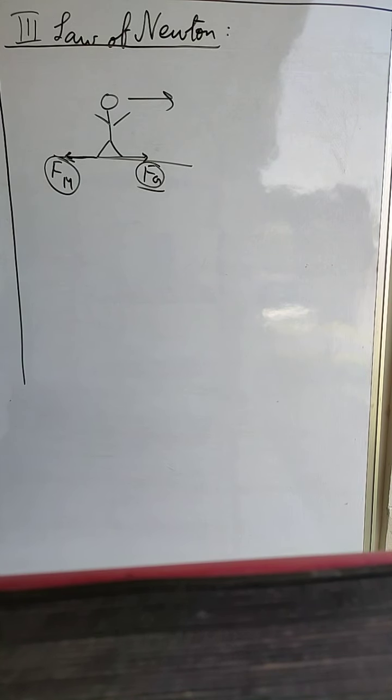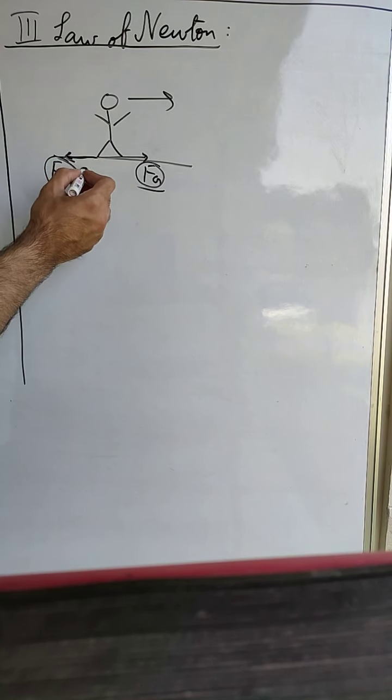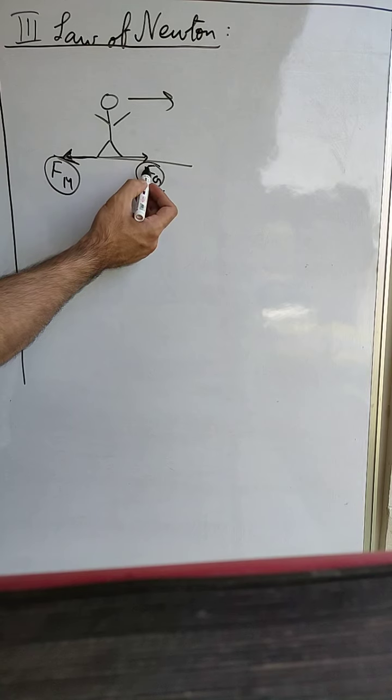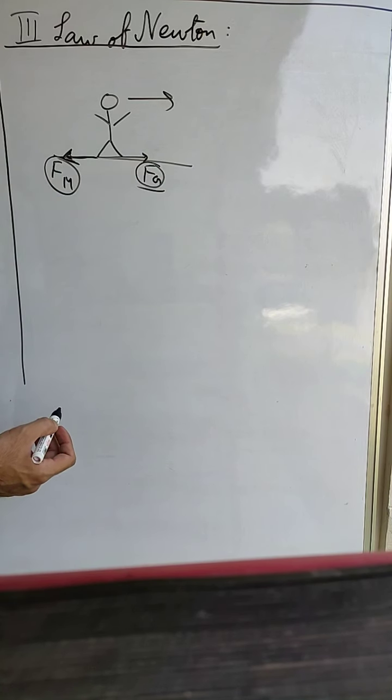So to jump, walk or run, we require both the forces, the force applied by the man on the ground and the force applied by the ground on the man. Because of this force, the man will be able to walk. Now another thing that you must have noticed,